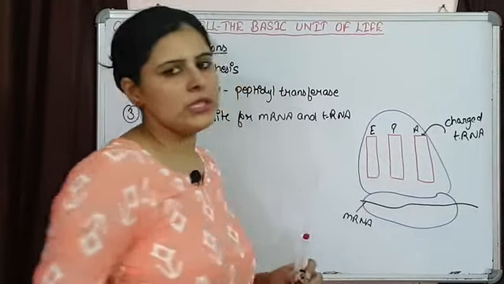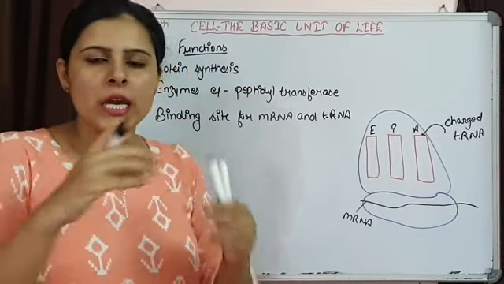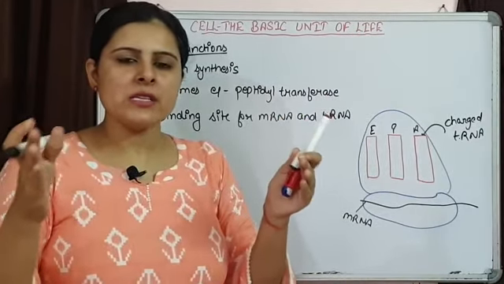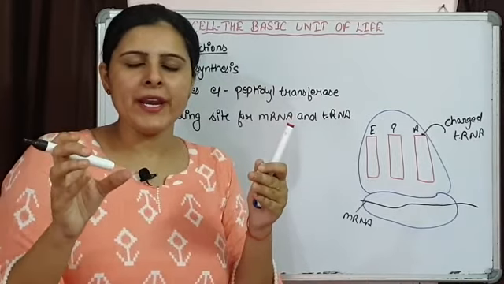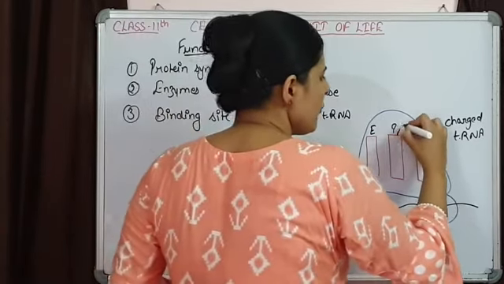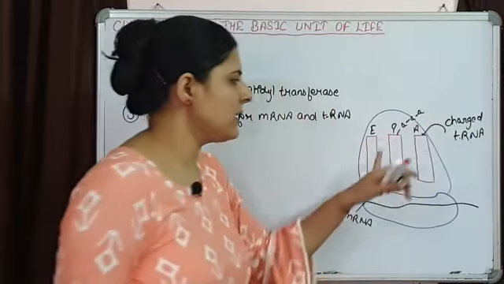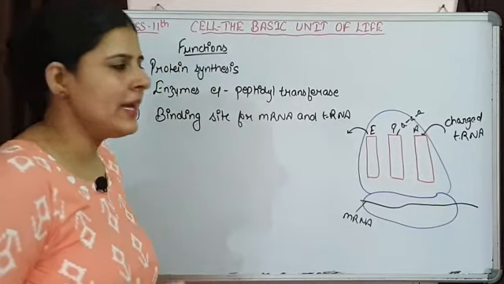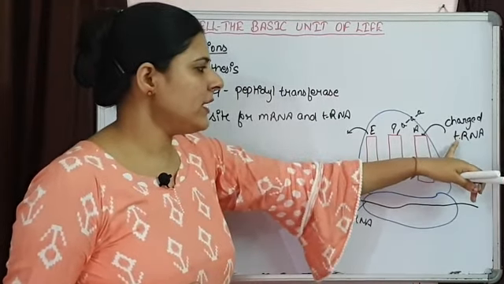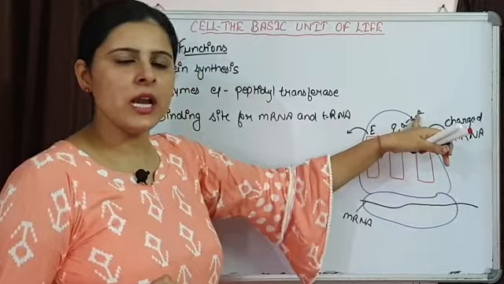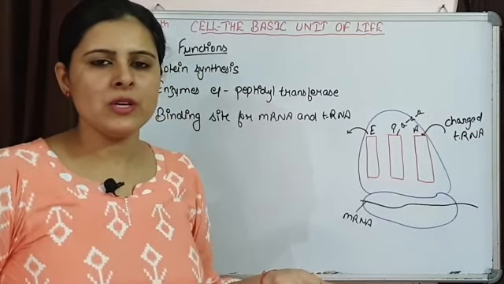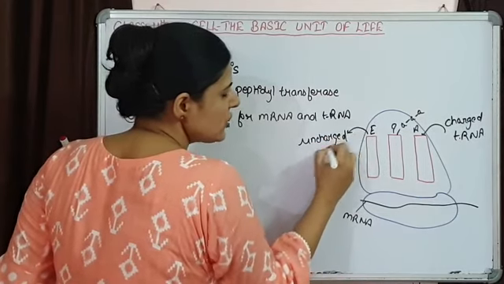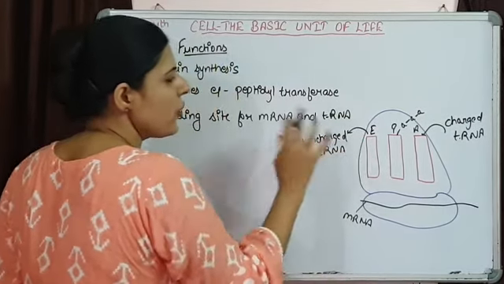जो P साइट होती है वहाँ पर एक पॉलीपेप्टाइड चेन इलोंगेट करती है. पॉलीपेप्टाइड चेन कैसे बनेगी? अमाइनो एसिड्स are going to combine together with the help of peptide bonds. So a chain of amino acids is going to form at this P site. और E site को बोलते हैं exit site. यहाँ से uncharged tRNA ने अपने अमाइनो एसिड को यहाँ पर ट्रांसफर कर दिया, अब वो खाली है, उसके पास अमाइनो एसिड नहीं है. So that is known as uncharged tRNA. So this uncharged tRNA is going to move out from here.